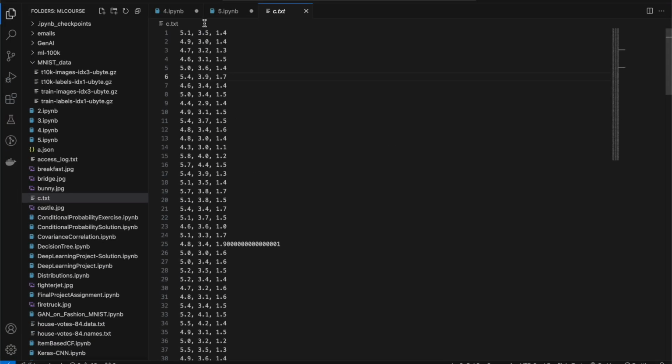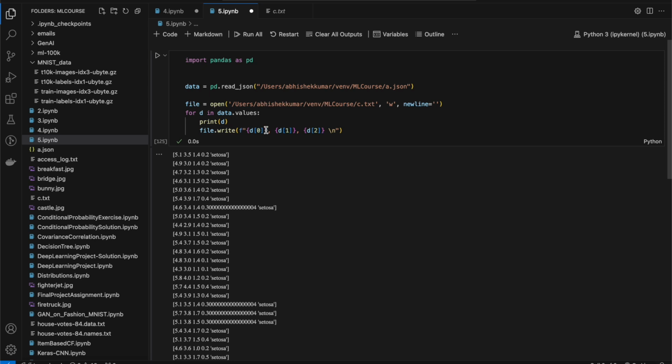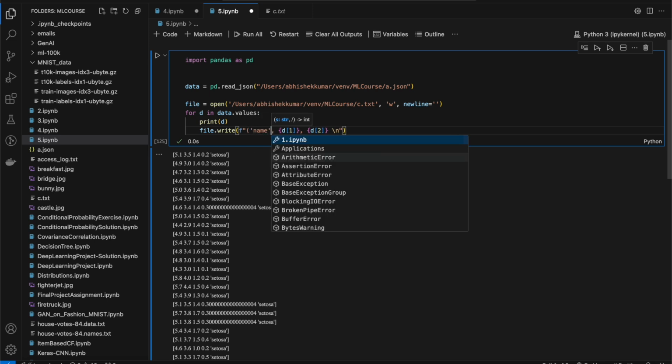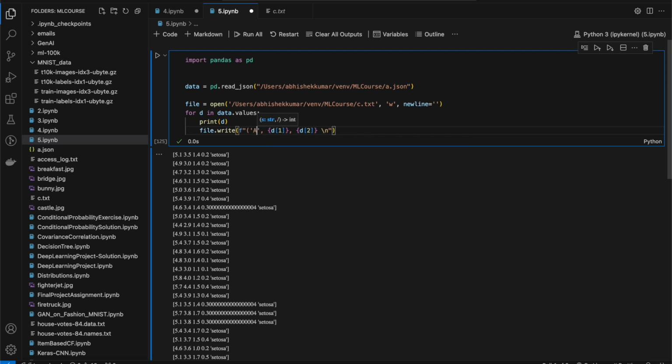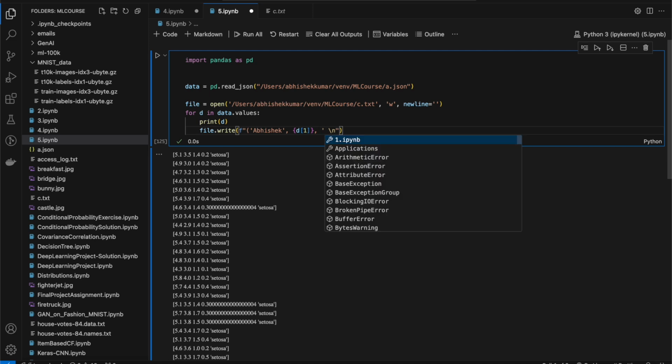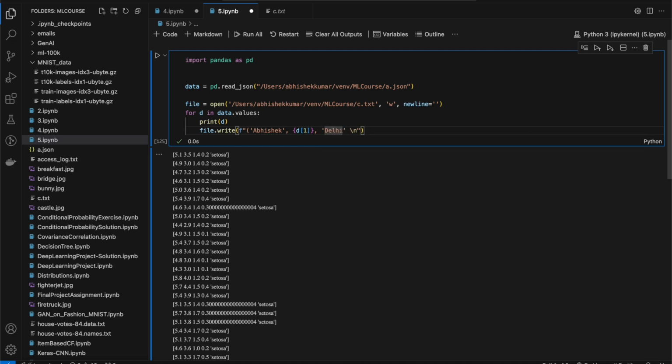So let's go over here, in the Python file, and I'll put a comma. I'll put my name over here. You should have this file which consists of names as well, so you can just use the name. Then this one should be age, whatever number you have, you just put that number over here. And for the city, I'm just going to put Delhi. So mostly I'm just looping through the data, but most of the data is static over here. And for the UUID, we can just put